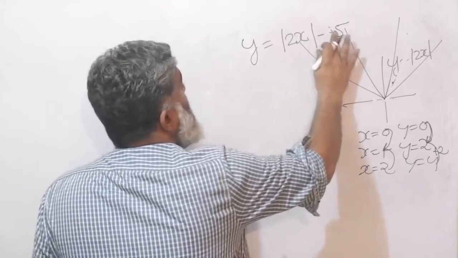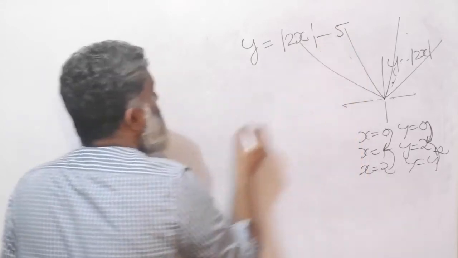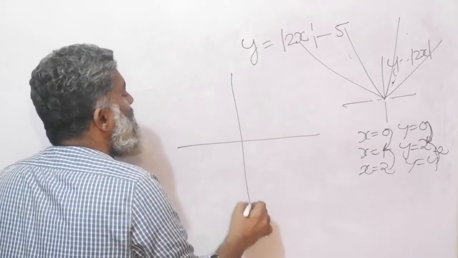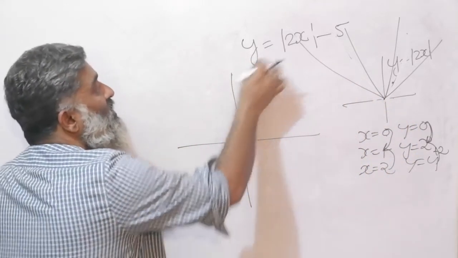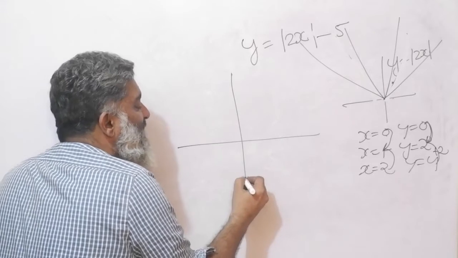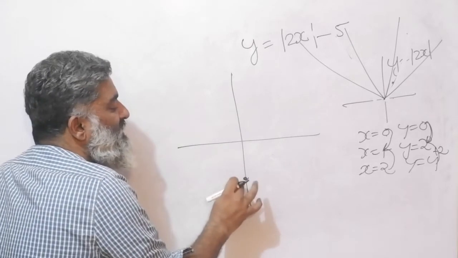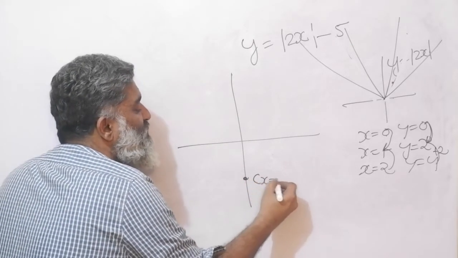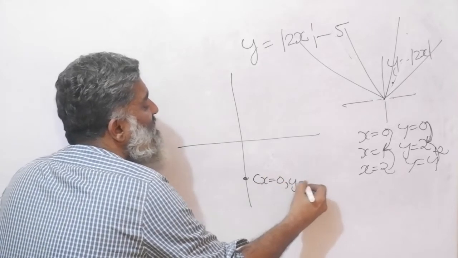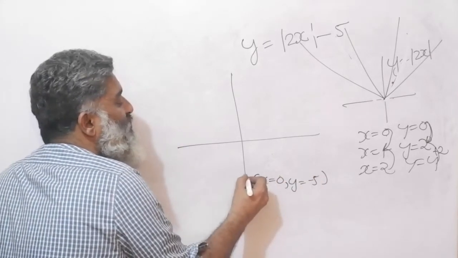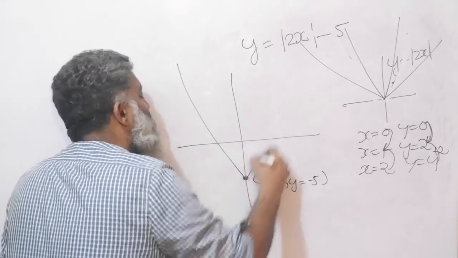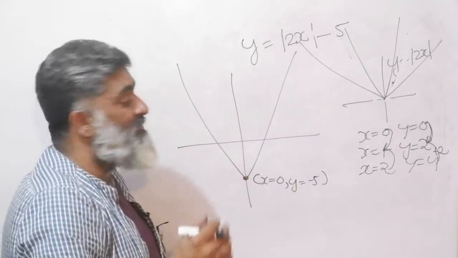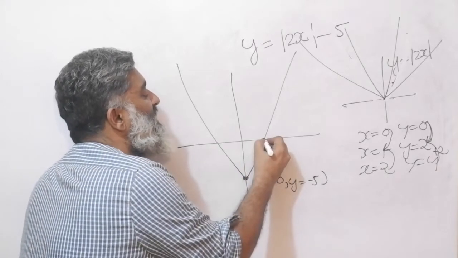And now let me deal with the minus 5 here, right? So how am I thinking? Normally the location was 0, 0 and the slope was 2. Now everything has come 5 points below. So remember, this point is fairly easy. This is x is equal to 0 and y is equal to minus 5. So this point I know. And then I also know that the lines will be a V shape and there will be some place where